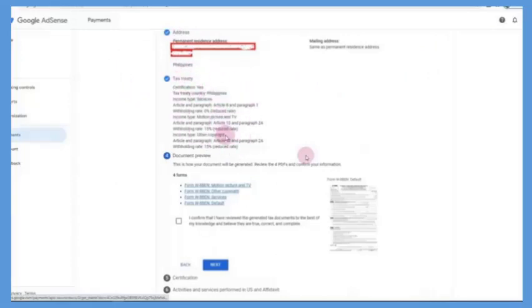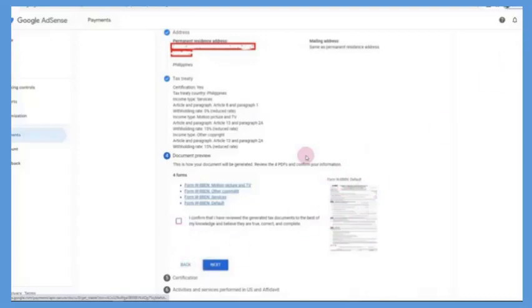This one, what you did. So it's pretty much a preview. And then this is what happened. This is the form that you fill up. You can click this form if you want to see details by details of what it says, if you have time to read or you're not lazy to read. But if you are satisfied in what it's written right here or here, then you can click confirm and go